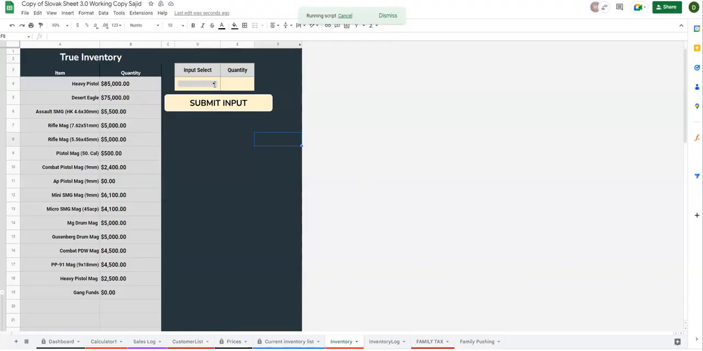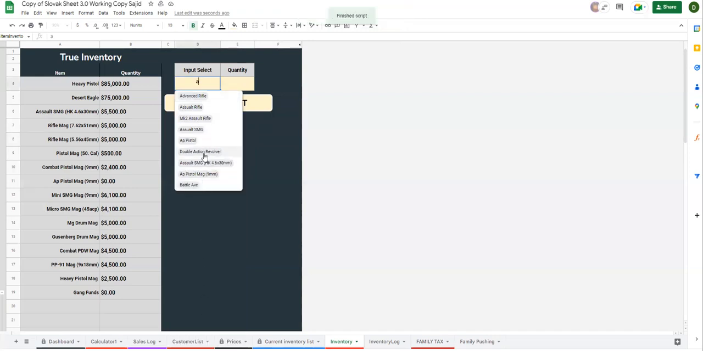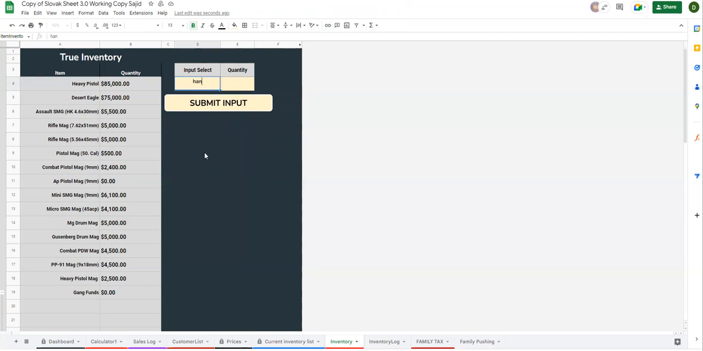Oh, it's cleared, sorry. So let me add gang funds minus 2,000, hit enter, submit input, and here you will see a negative value, which is turned red because it's a negative value. Let me add another value to it, maybe 500 this time, which is positive, and here you will see the value got updated,